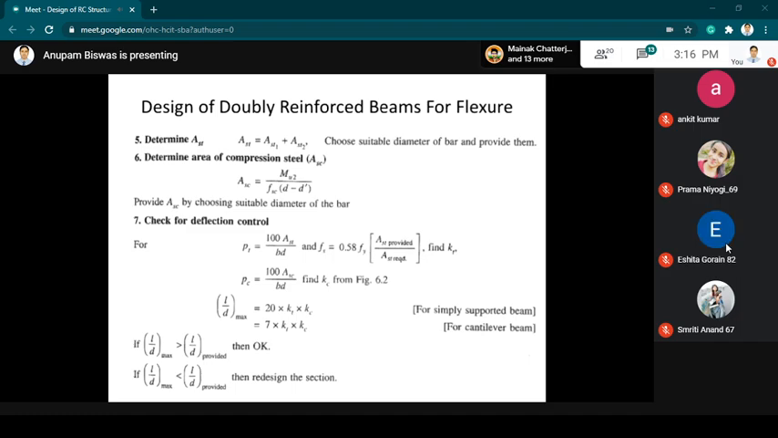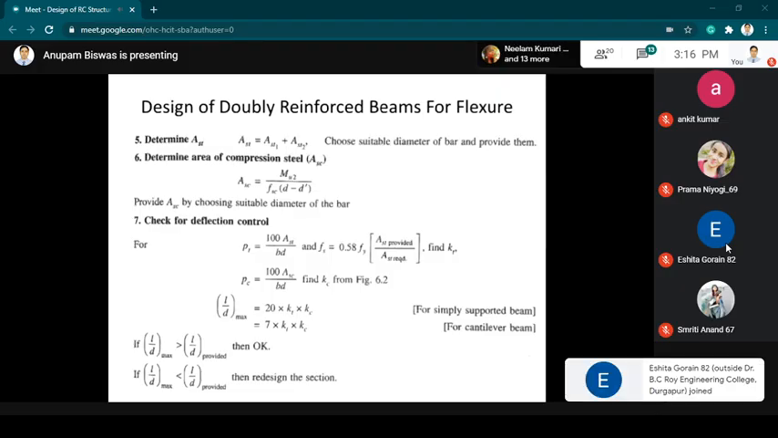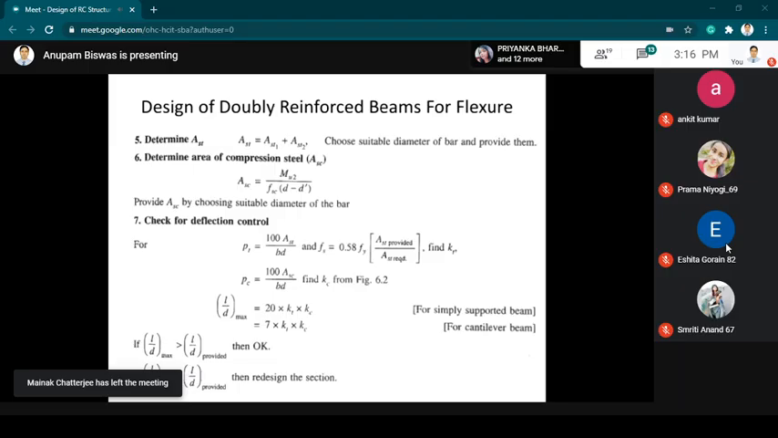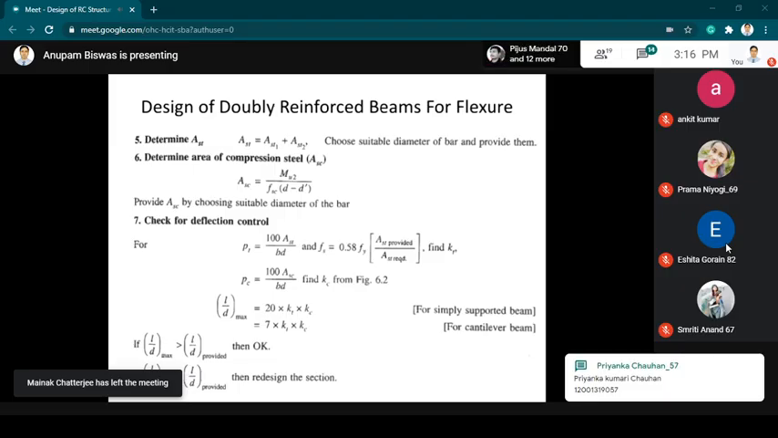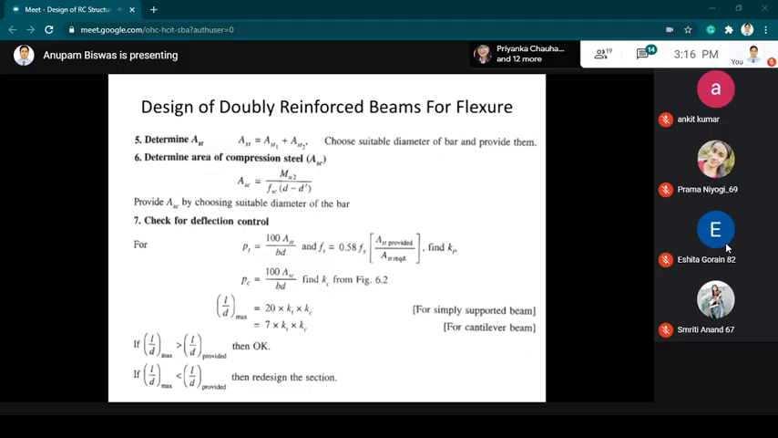So that ASC is actually Mu2, that is the moment that is necessary for your compression zone reinforcement, that is Mu2 divided by FSC into D minus D dash. So again, from here a suitable diameter of bar is chosen and it is provided for a particular spacing. Next